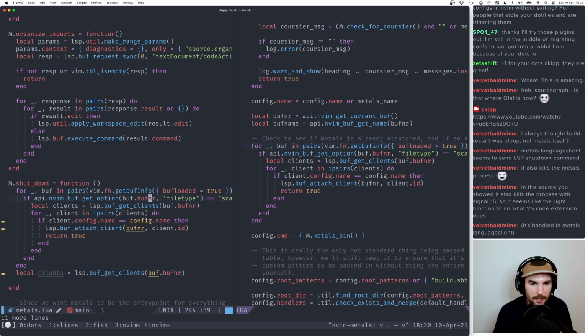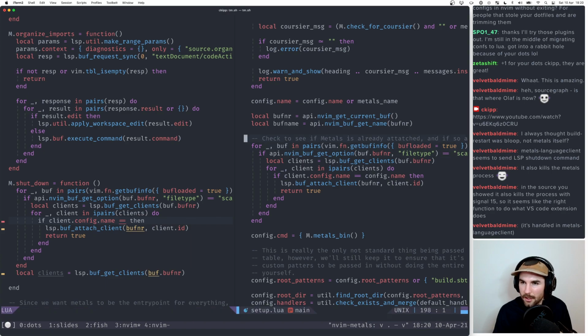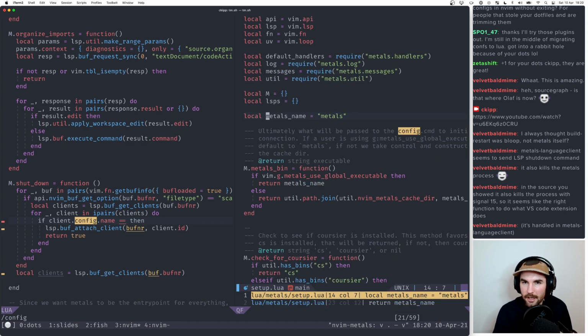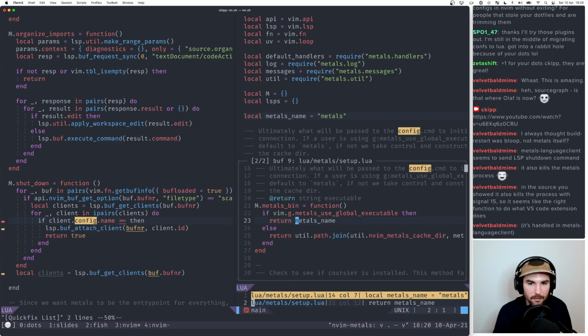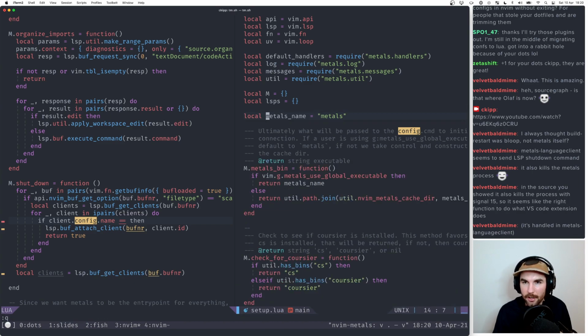If NeoVim buff get option file type is Scala, then local clients for clients. Client config name equals. I think we can maybe reach in here and get the name as well. For now, we're just going to cheat a little bit and use this constant. Actually, no, screw it, because we have no idea if this is going to work or not. We're literally just going to do